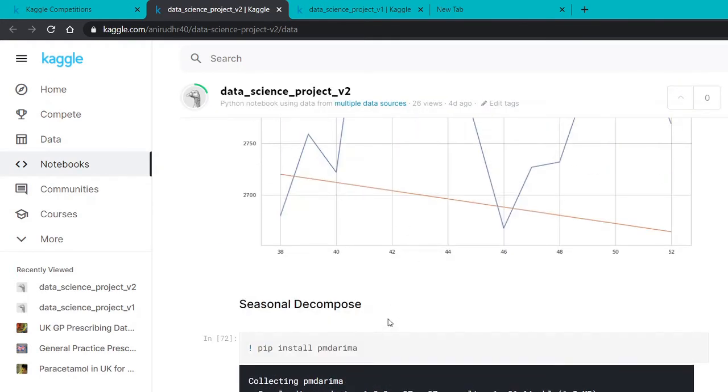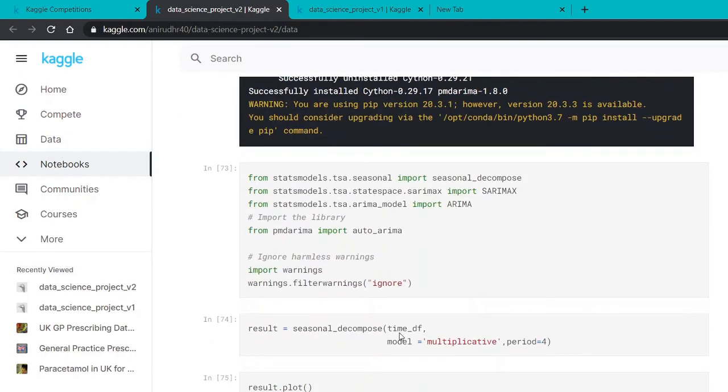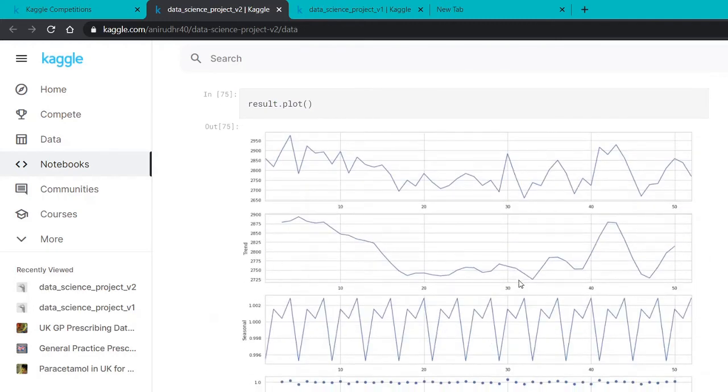Since the data duration is a whole year, during different seasons there may be different effects on the data. That is also captured using an automatic method called seasonal decompose, where you can see the trends. Trends are basically the way the time series data is moving, whether it is increasing or decreasing, and based on that the plots are made.